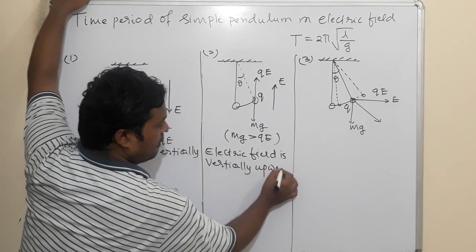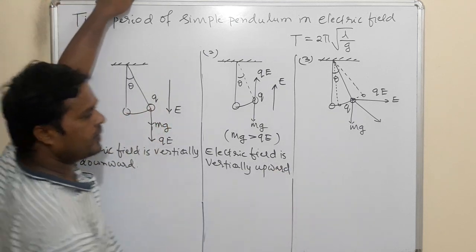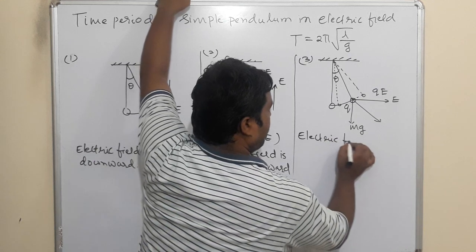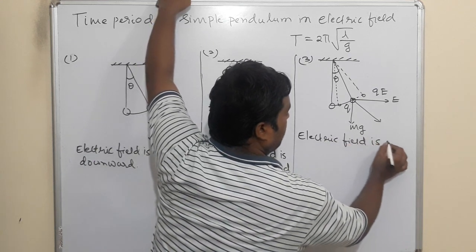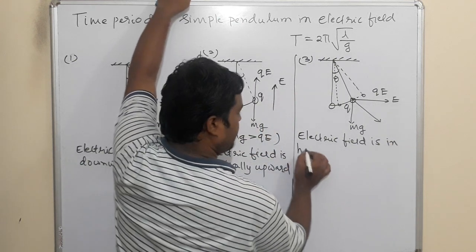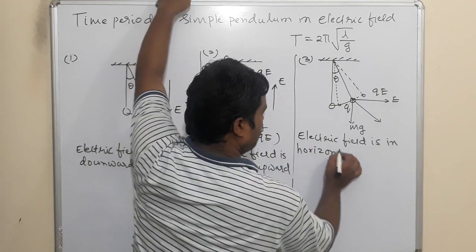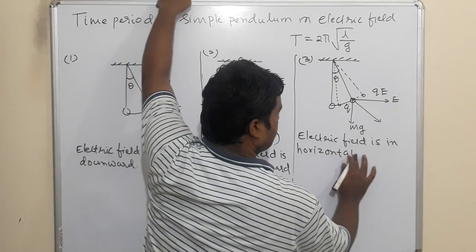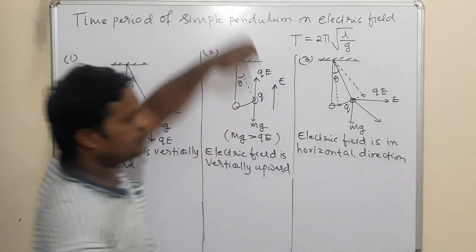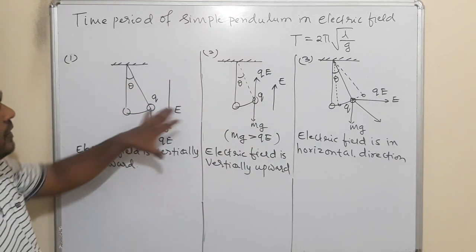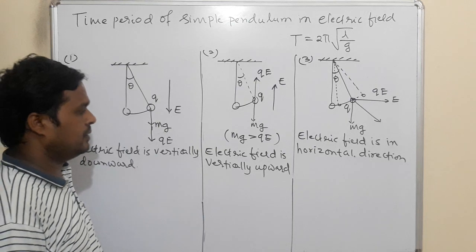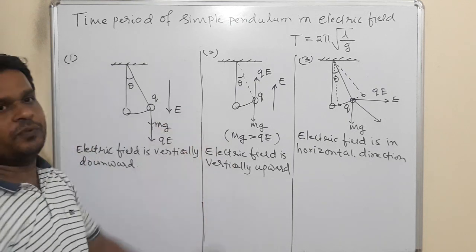Vertically upward. And in this case, I applied the electric field in the horizontal direction. Now, in all these three cases, first let us solve for the net force, the resultant weight, the effective weight